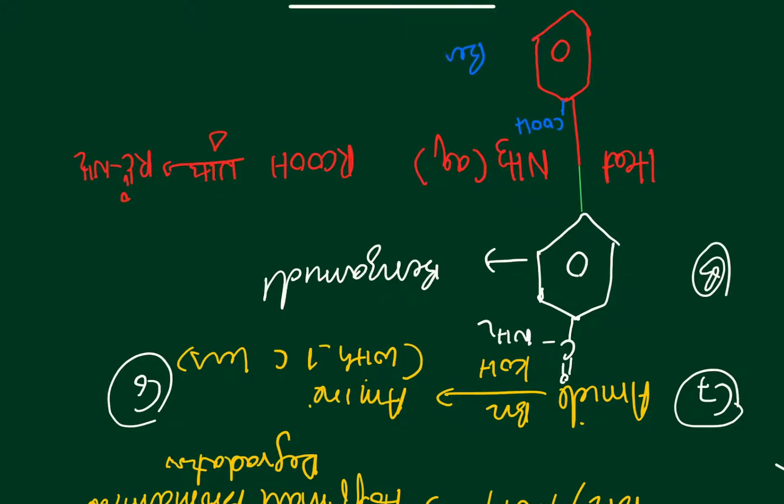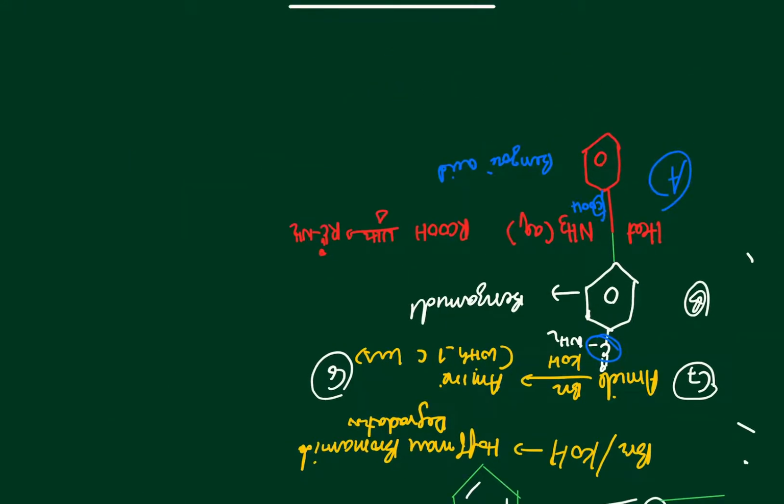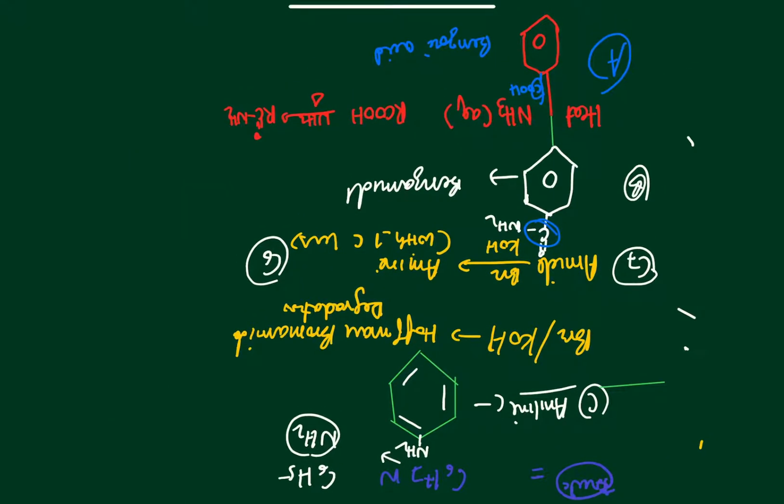COOH, benzoic acid. Can you understand this? Why am I saying it has to be a benzoic acid? Because a carboxylic acid heated with ammonia can form an amide, and the acid which has the same number of carbons as benzamide, because here carbons are conserved, is only a benzoic acid. Okay, that's your compound A. So A is benzoic acid, B is benzamide, and C is aniline. I have told you the trick. Break the formula given to you and all the reactions will be cleared. So do it with the trick and you will definitely crack it. Okay, next question.